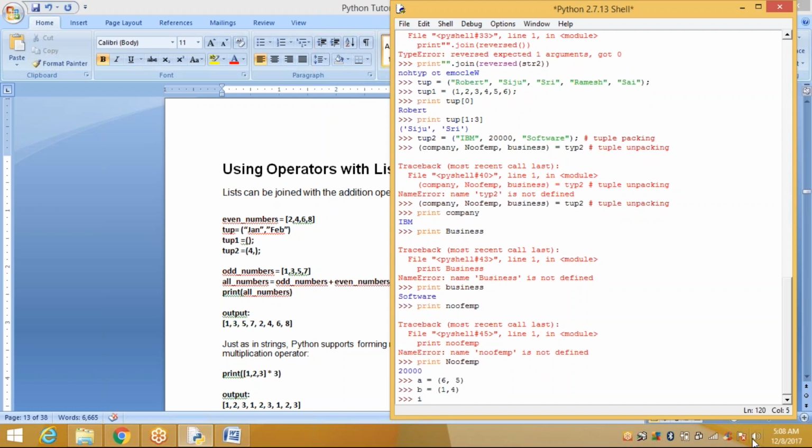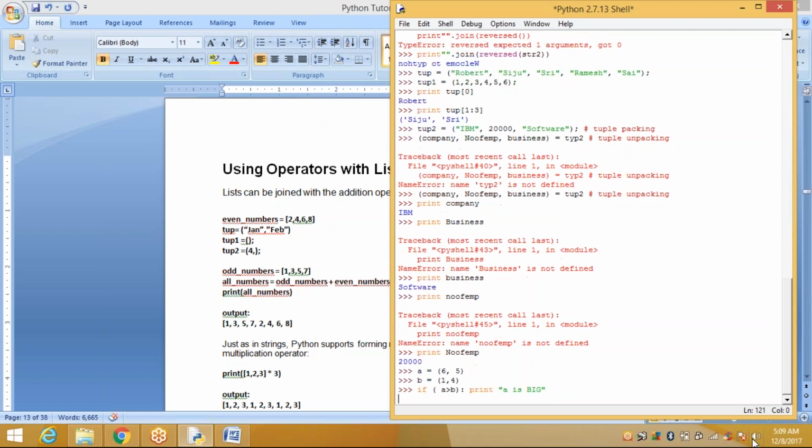Now the condition: if A is greater than B, print A is big. Else, print B is big.